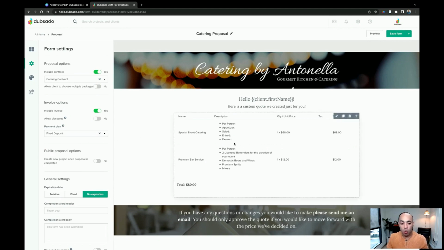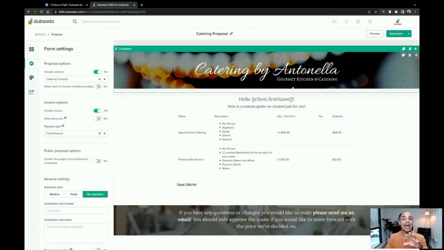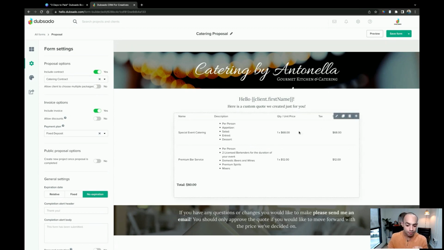The last thing that I want to talk about before we actually put this in a project, and I'm going to show you how to send this out, is with custom quotes. So everyone who's watching who is in that custom quote proposal, that's going to be what you want to use. In here, something that I usually recommend doing with a custom package is if we click on the